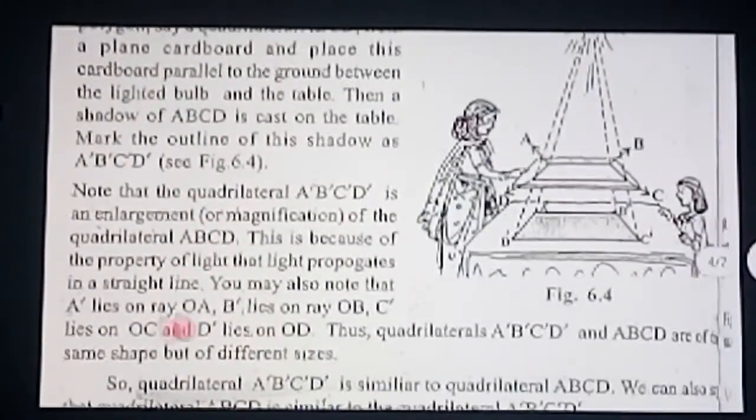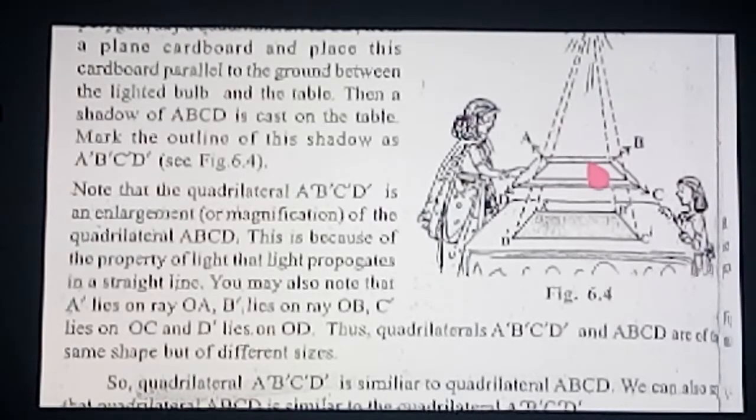Okay, so we can see another diagram. See this diagram. One diagram here, and its magnification you can see downside, both having the same measurement. So what can you say? These two quadrilaterals are similar. Why are these quadrilaterals similar? Their corresponding angles are congruent. Angle A is congruent to angle A dash, angle B is congruent to angle B dash, angle C congruent to angle C dash, angle D congruent to angle D dash, and corresponding sides are in the same proportion.